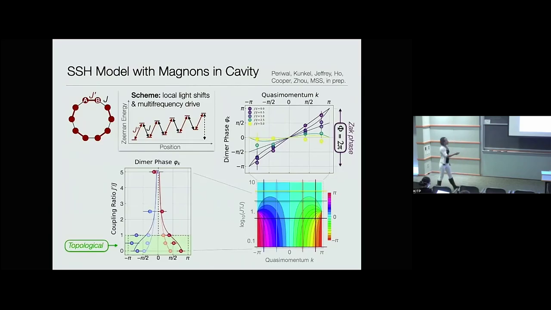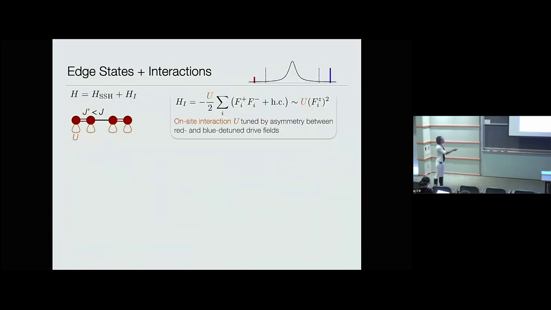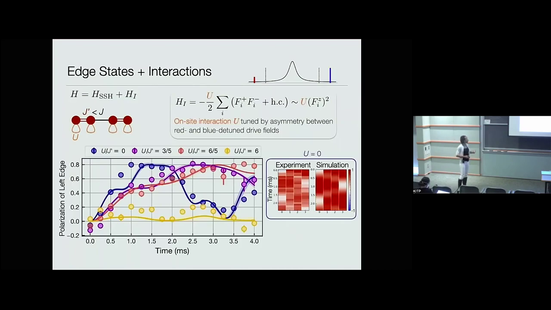And because we're low on time, I won't go into details of measuring this topological invariant. But what I want to illustrate is probing the edge states via a non-local cavity-based interferometer. So the story here is, first of all, everything I told you about this model assumed that there's no on-site interaction. To turn off the on-site interaction, which is basically on-site spin exchange, we have to play some clever tricks involving two drive fields, which are designed to cancel on-site interactions while reinforcing the hopping of the spin excitations.